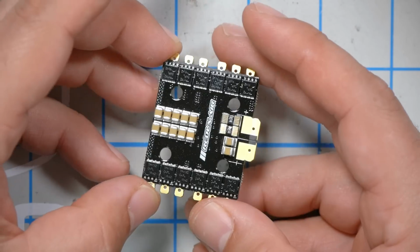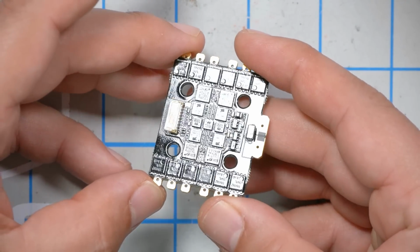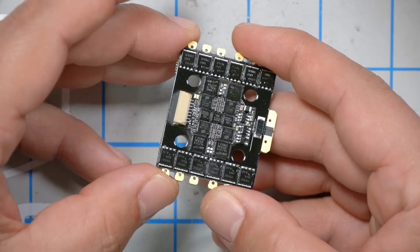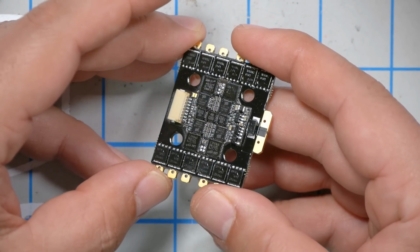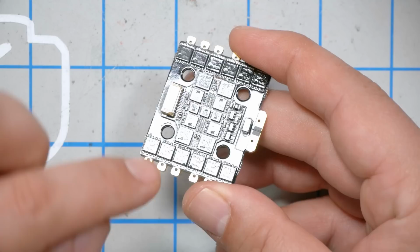It's been made in limited runs and been tested by some top racers who swear by it. And the reason it jumps out to me is because it has 20mm mounting. So it'll go on this, the Switchback frame. It doesn't have 30mm sized holes, and most racing frames don't. It has 20mm mounting, but you can see it is much larger than a 20mm ESC, which allows it to